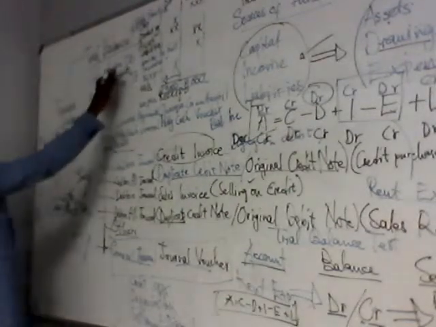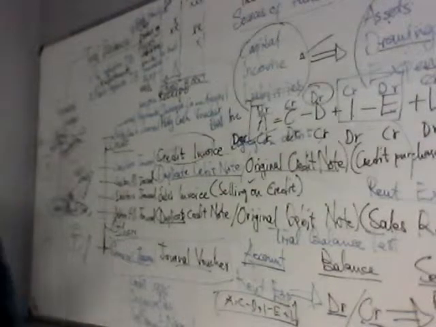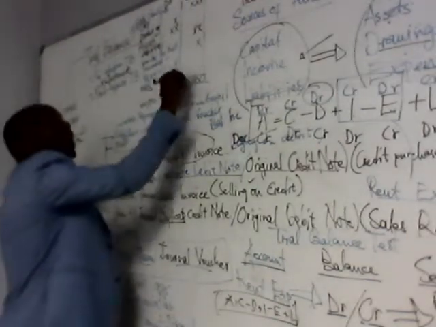Our pre-adjustment trial balance might not even have sections. It might actually just be a list of accounts without the balance sheet section or the nominal account section. But our post-adjustment trial balance must be a little bit more neat. Our pre-adjustment trial balance might actually not balance. Are we together? But after our adjustments, it must balance.